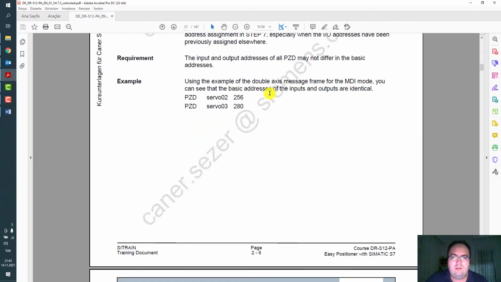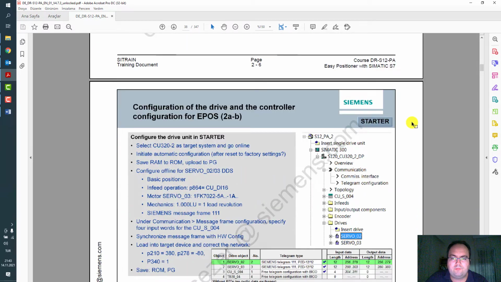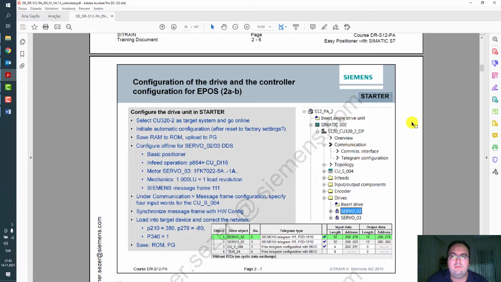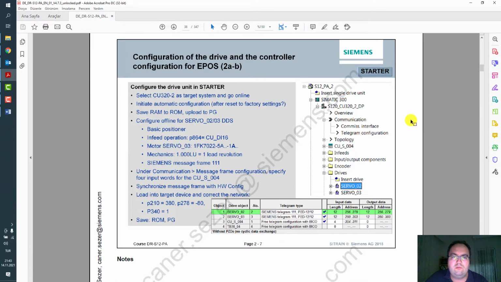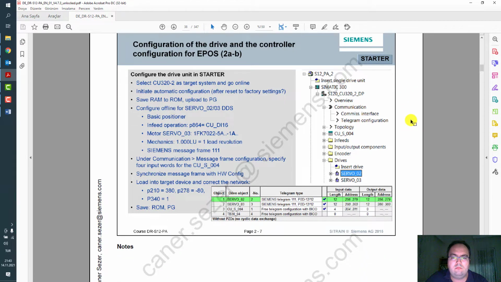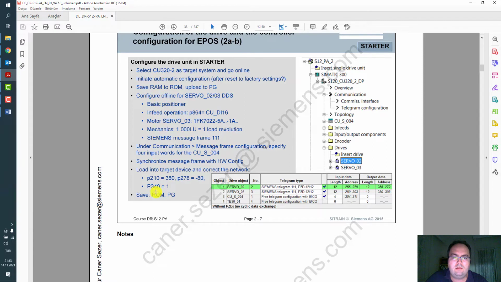This is an example of process data for 2 servo drive objects with addresses. For configuration of drive and controller, you need to follow these settings: control unit and basic positioner settings, infeed operation, and so on.